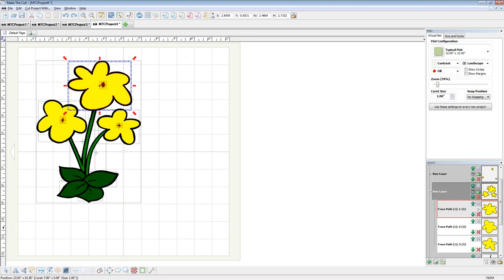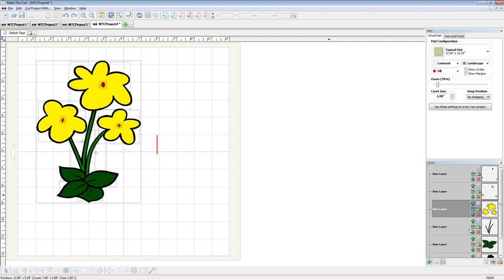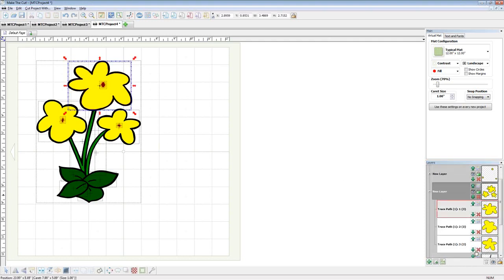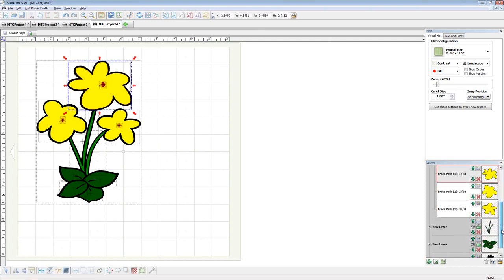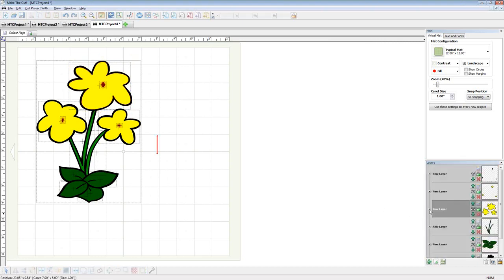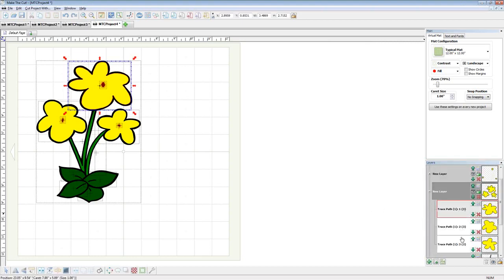Or as I said, if it's the top shape in a layer and I click up, there's really no place for it to go, so it goes up to the next layer. See how it did that? Likewise, if I have these shown and I take the lower one and do the down arrow on that, it's going to go down to this layer. So you're not really meant to do a lot on these child